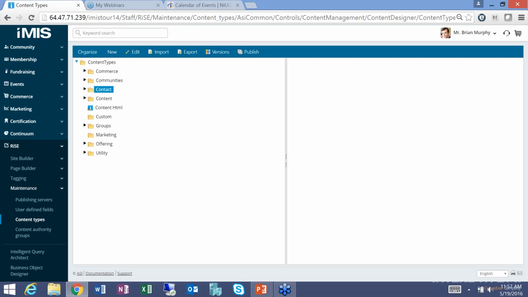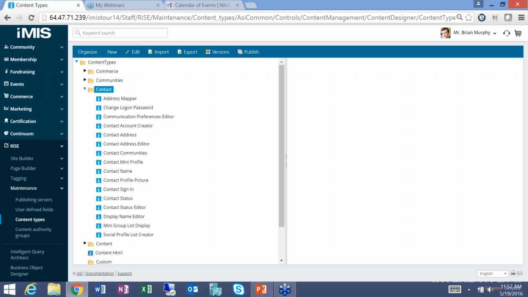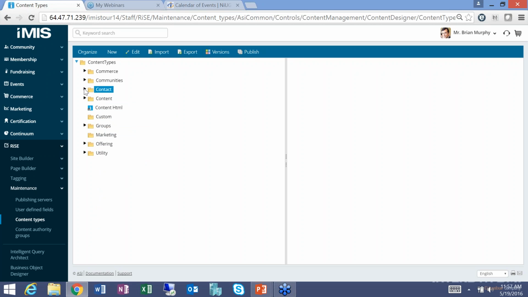Communities, like contacts, a really good one, right? So if you were building out a particular page, a part of the RISE implementation will teach you how to update the profile. Well, we have all of these different iParts. So maybe you want something with a contact name, maybe you want a picture. All of these come with the software,